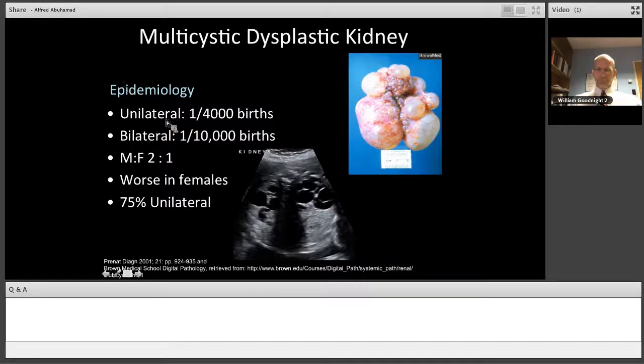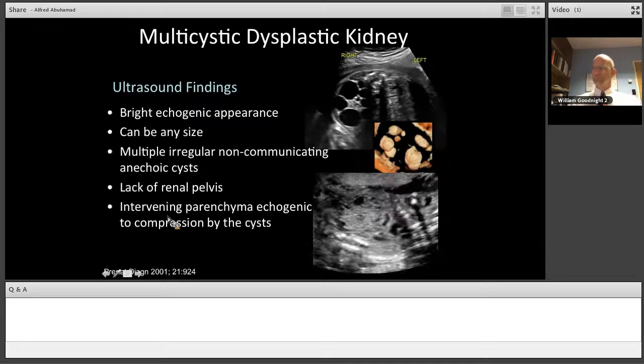When they are bilateral, as you see in this fetus right here, that's really a very poor prognosis, right? This is like bilateral renal agenesis, if you will. There's usually oligohydramnios and complications. 75% of the time they are unilateral, as you see here. On ultrasound, what you see